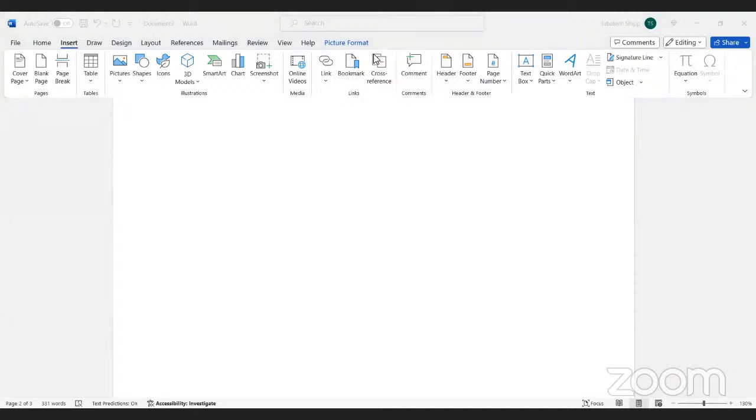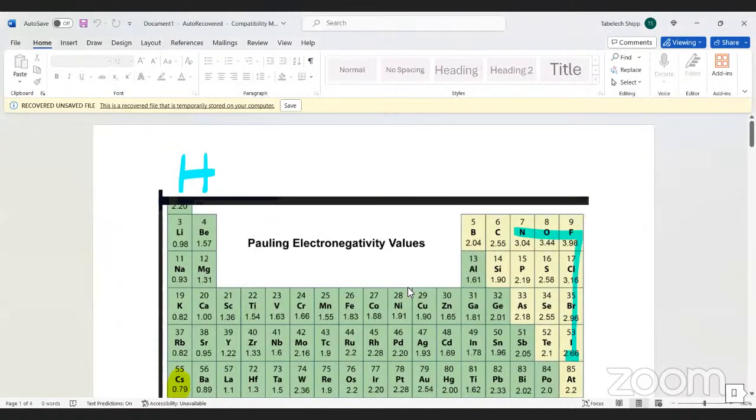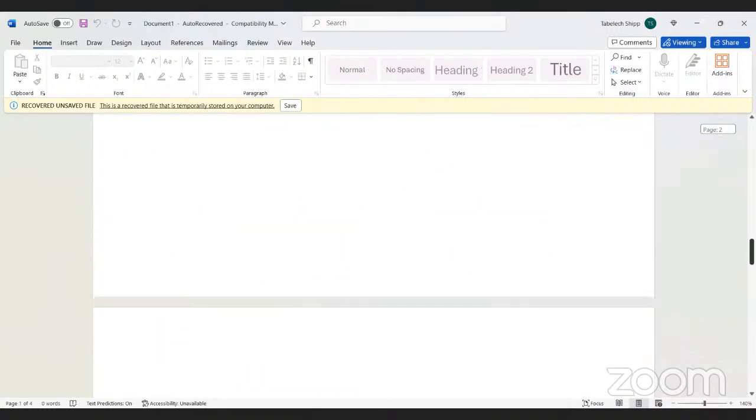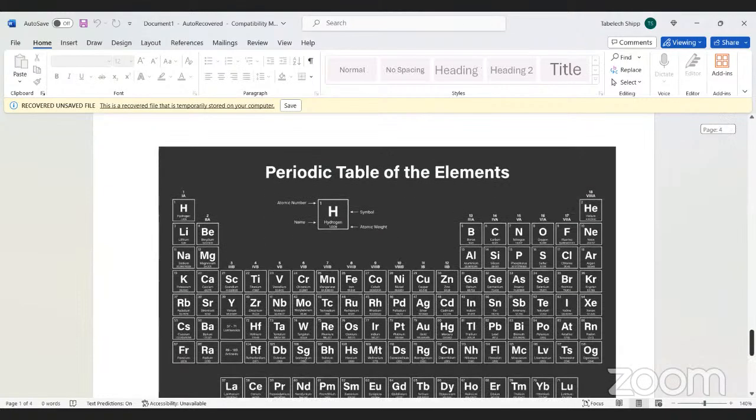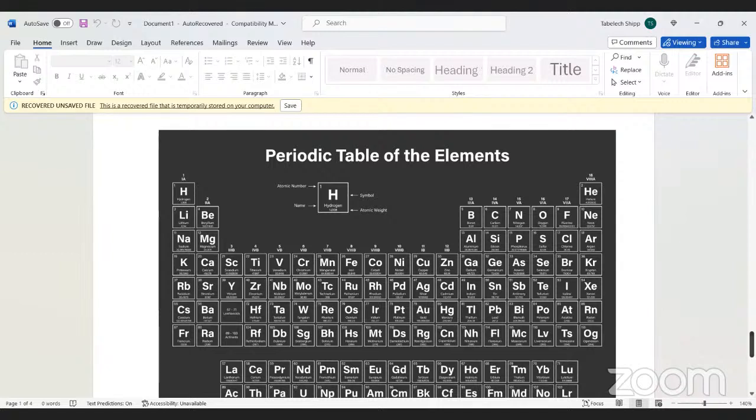So here's an example of a periodic table chart that you would have to be privy to in order to do these problems, okay? On your periodic table, there are many different groups that give you background information, okay? And as I've mentioned to you all before, all the elements in group one have one